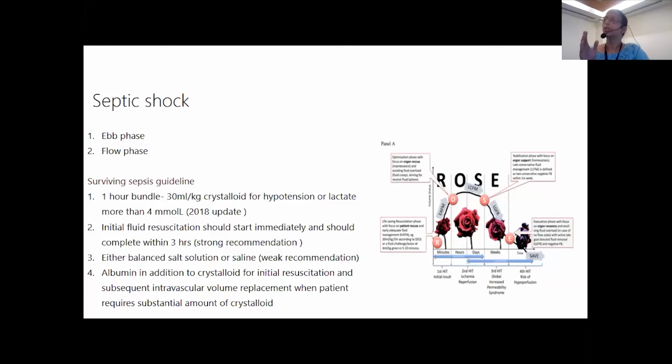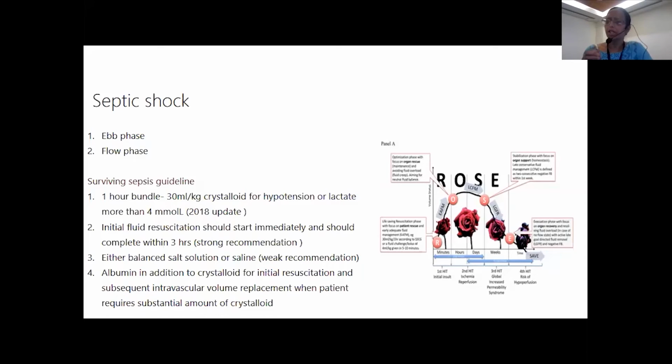Here our job is to resuscitate the patient. That means we have to keep the intravascular compartment full and optimize the stroke volume. So we have to judiciously keep the fluid balance like that, so that the organ doesn't get hypoperfused, and at the same time there is no extra interstitial edema. What is the current recommendation? We should not give it blindly. We should have some degree of